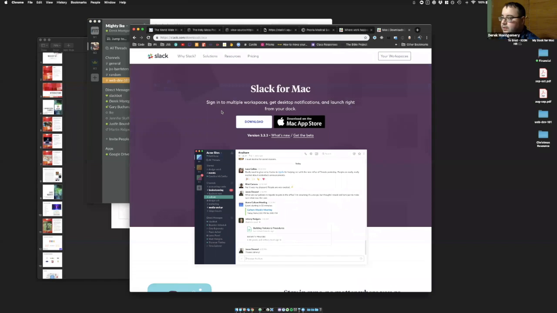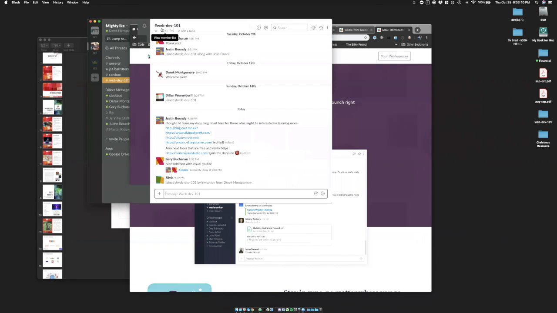And then sign in with the information that you used to sign up. So we're not just on the web page, we're actually downloading the app. Well, you can do it either way. I prefer the app just because I can throw it on my dock down here. Like I use it for work. It's one less browser window open.